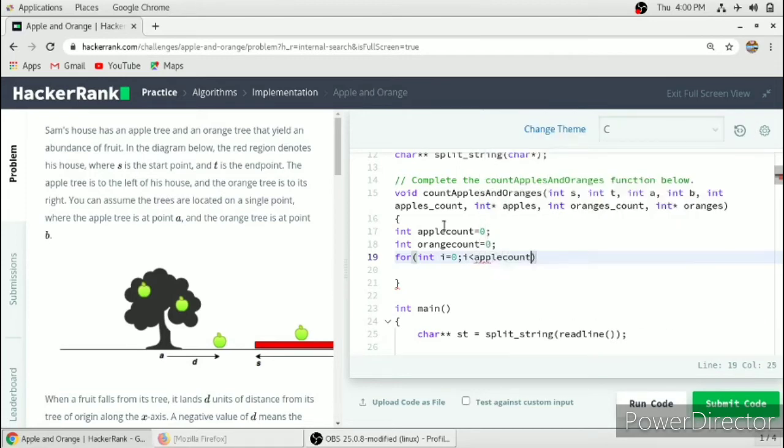It will run till the apples count, which is the apple count and not this apple count. I will change this to apples so that you won't get confused. I will put double S so that you won't get confused.